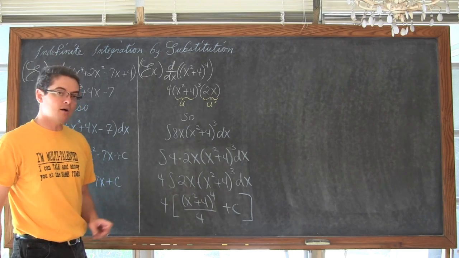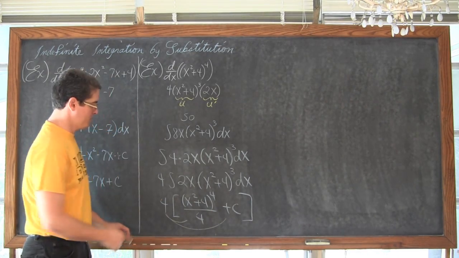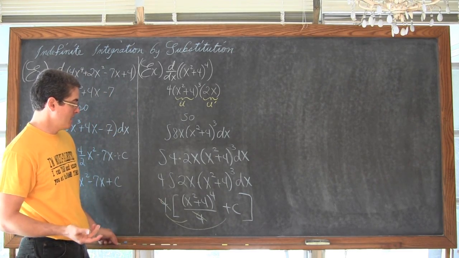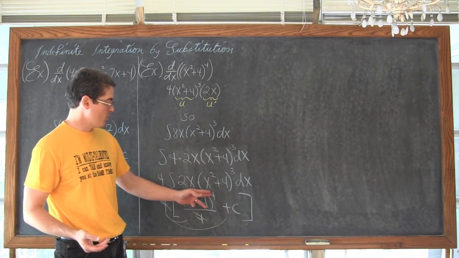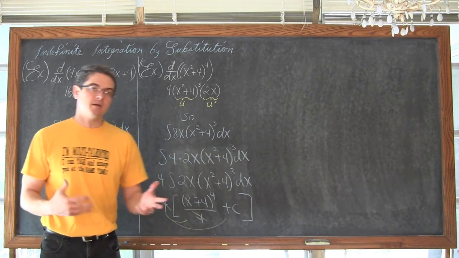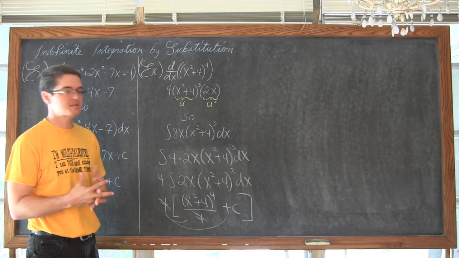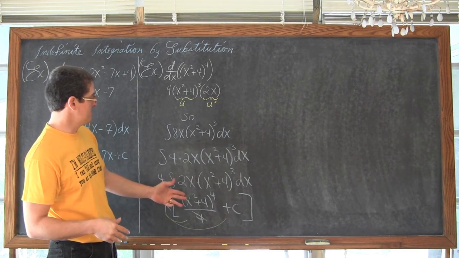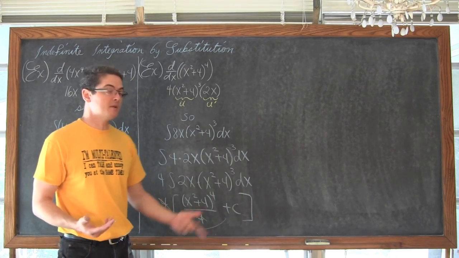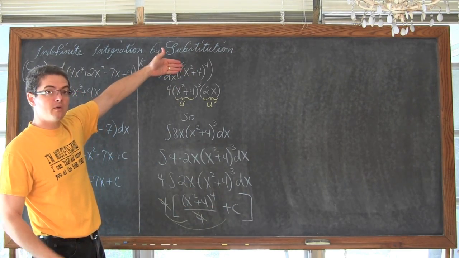And then the 4 out front, we're going to go ahead and distribute that. And when we do, the 4's here are just going to cancel out. So our final answer is (x squared plus 4) raised to the 4th power plus c. I don't need to write the 4 times c because it's still going to just be an unknown constant, so it's not necessary. So our final answer is (x squared plus 4) raised to the 4th power plus c, and that is, except for the plus c part, what we should have gotten.